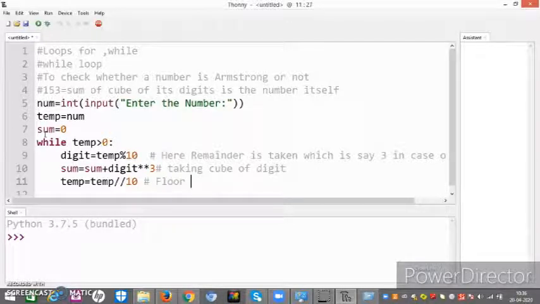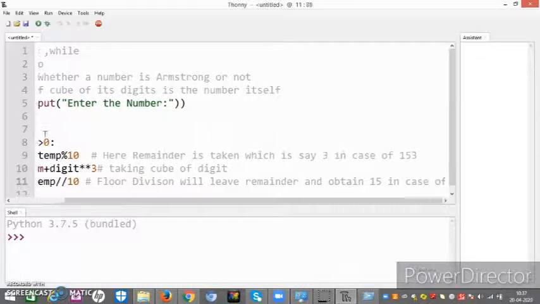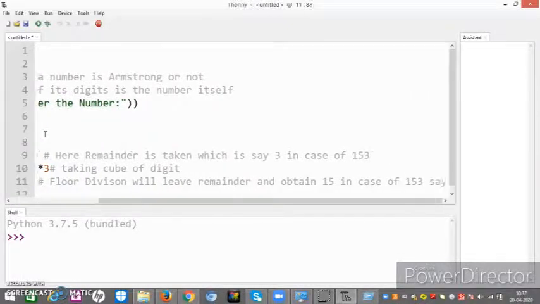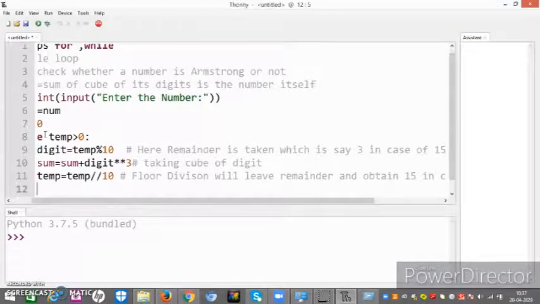This floor division will leave the remainder and obtain 15 in case of 153. So when 153 is divided by 10, 3 will be eliminated as floor division is used, and it will be 15. Now this is our program.